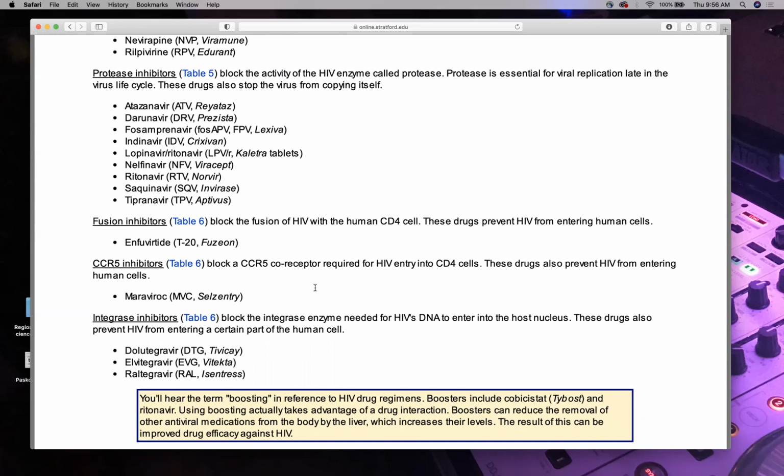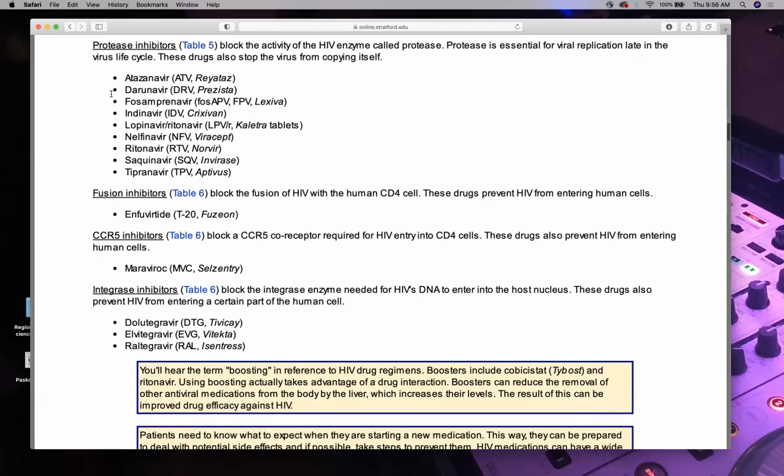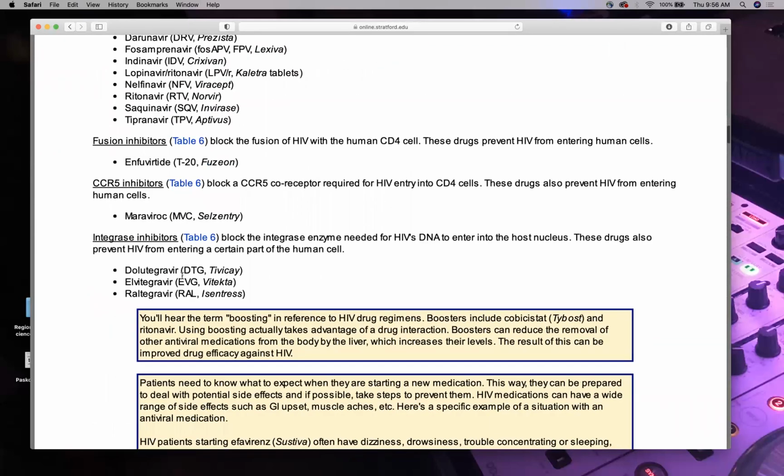Look at this, CCR5. It messes with the receptor, the HIV receptor that allows it to go inside the CD4 cell. So if I block that receptor, HIV can't go inside the CD4 cell. That's pretty ingenious. So fusion inhibitors, CCR5 inhibitors, and, just like protease inhibitors, there's an integrase inhibitor. HIV cannot integrate itself into the host nucleus. It's in there, but it can't stick to anything. So that's Dr. Cisco's latest updates.